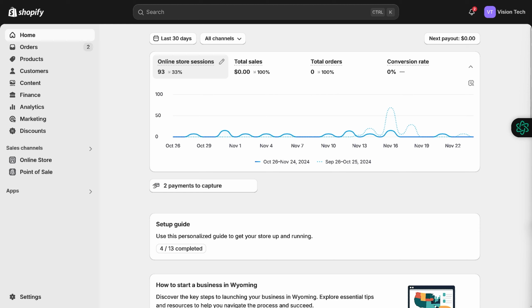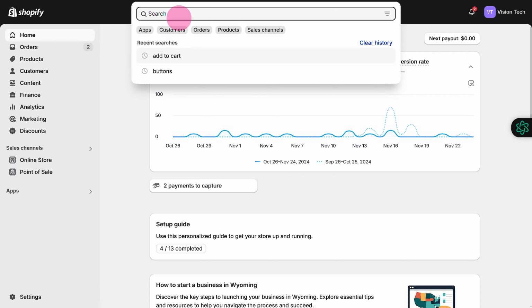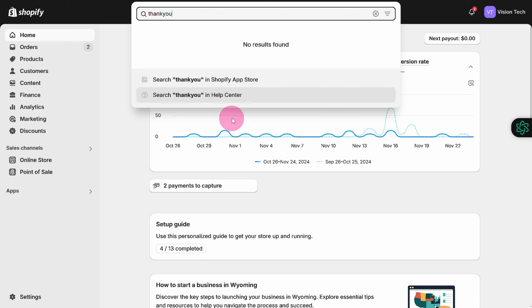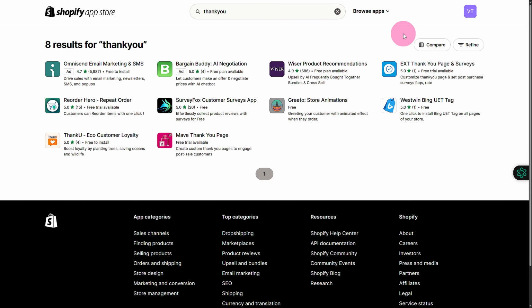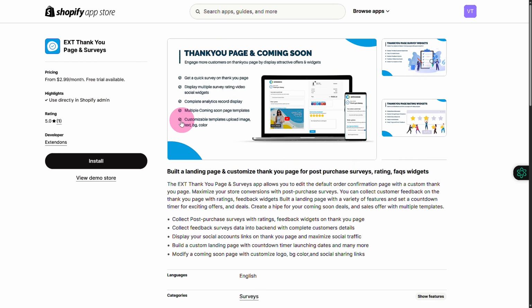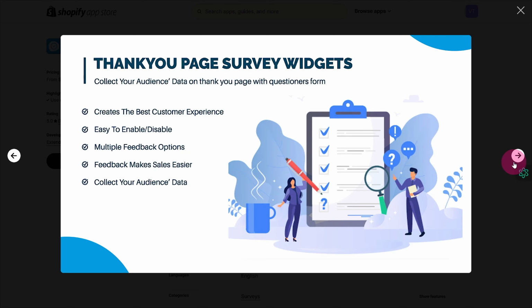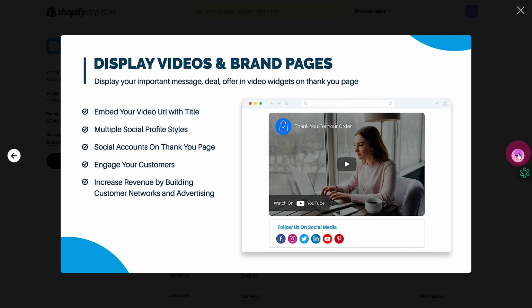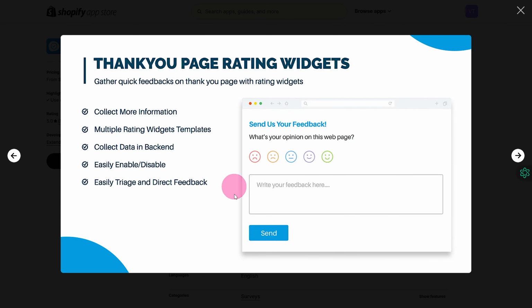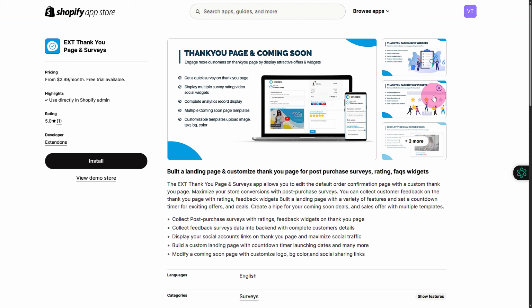So this is going to be pretty easy. Now what you need to do is, first of all, simply head over to the top of your search bar, as you can see, and search in here for thank you. And once you do that, you need to search that in App Store, and eventually once you search that in your App Store, you can see everything is displayed in here. And we need to select for thank you page and surveys type of web builder. So you can see we have this thank you survey, and if you want a thank you page only, you can create that as well. You can see send us a feedback and stuff like that. Eventually once you add that onto your page, you will have your custom thank you page or thank you message